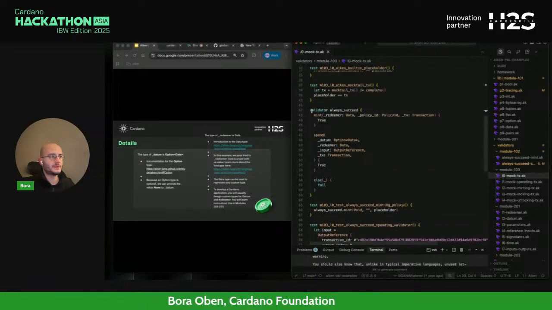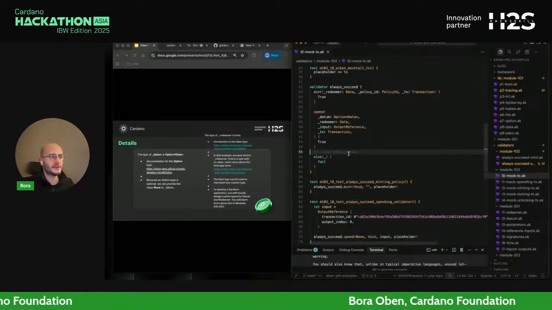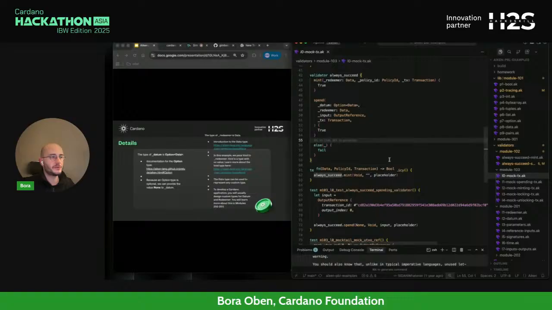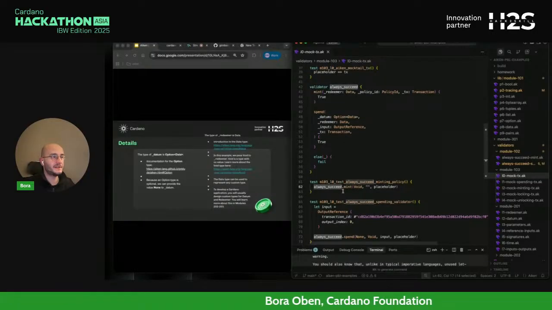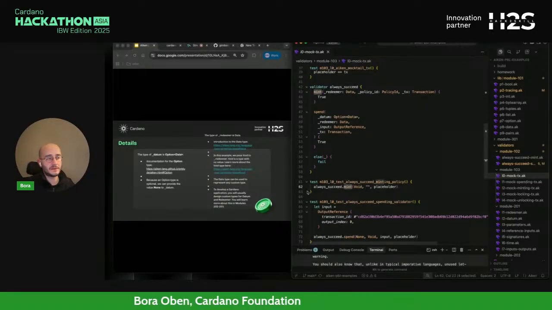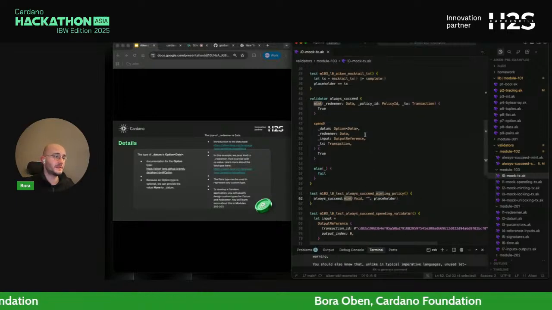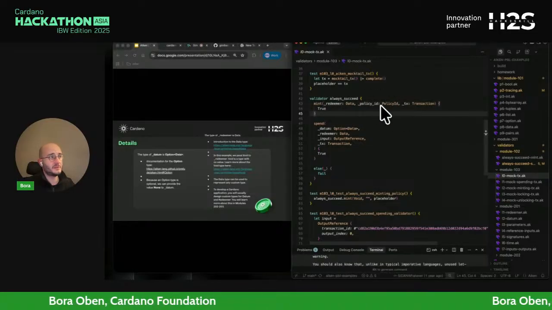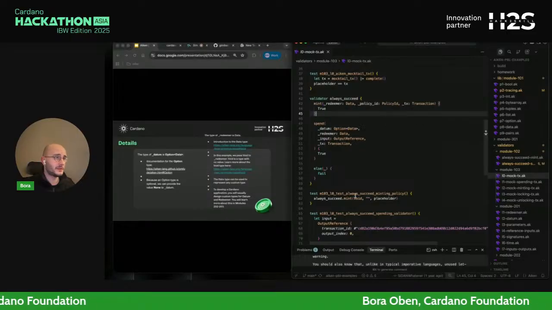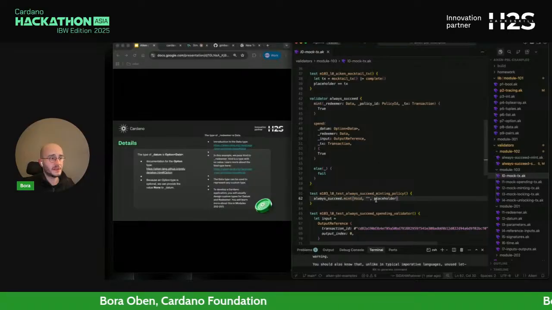So for example, you have this smart contract here, again an always succeed smart contract, and then you are testing against it. Let's take a look at this test. What's happening here is this always succeed validator's mint endpoint. From the syntax, you can read it this way: the mint endpoint is provided with, as inputs, a redeemer, a policy ID, and a transaction. And you can see there is void, an empty string, and a placeholder here.